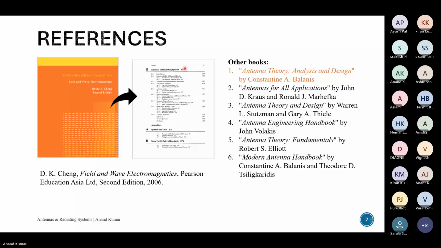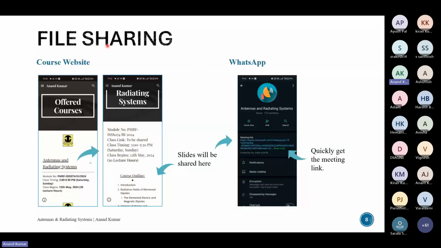So how will we get the class slides, class recordings and stuff? There's a course website which I'll post the link to in WhatsApp after the end of this class. I made a site on Google, and the link will lead you to this particular page. This is how it looks. I've hosted other courses as well, so slides for those are also available on the same web page. If you click on this particular link, antennas and radiating systems, it will lead you to the link to this particular course.